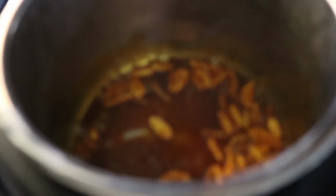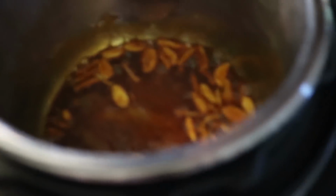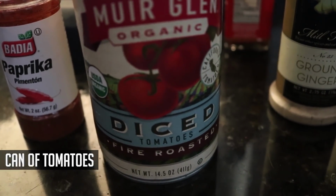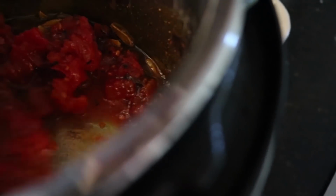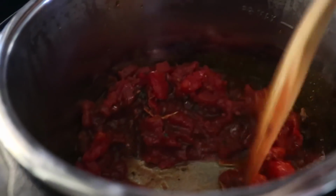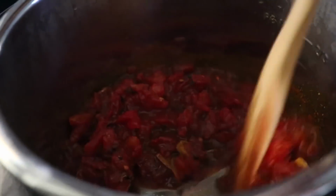Now we're gonna add tomatoes to the mix. I have a can here of organic diced tomatoes. We're gonna add that. So I added the entire can of tomatoes to the pot. I'm gonna stir this really nicely before I add my chicken, and it calls for boneless, skinless chicken breast, but